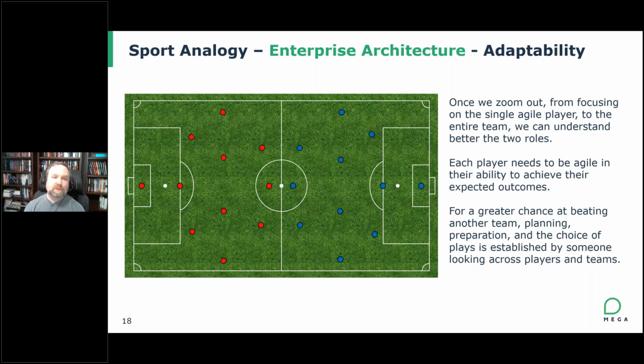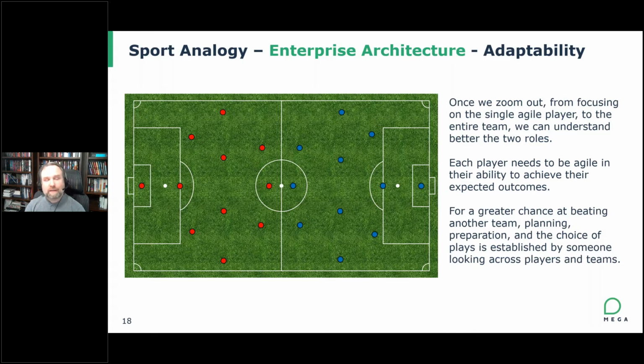Now, I could add here too quickly, and I haven't pictured it in a slide, we may even look to the business and or the stakeholders as the general management or the owners, right? They have a different perspective in the pursuit of success in this game. And we could look at how they all need to coordinate to work together. So we could imagine the architect, again, putting together plays, which maybe represents in an architectural sense, patterns or general best practices that can be used to accelerate some of the work at the low level.